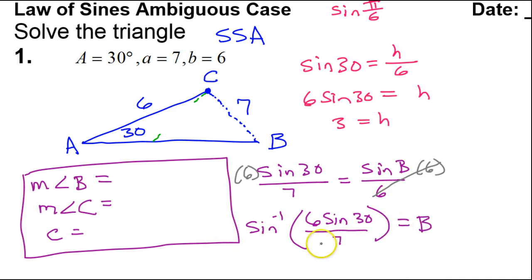I'm just going to put all of this in my calculator. So for angle B, I got 25.377. Once I have these two angles, I can quickly find the third by subtracting these two from 180. That's giving me 124.623